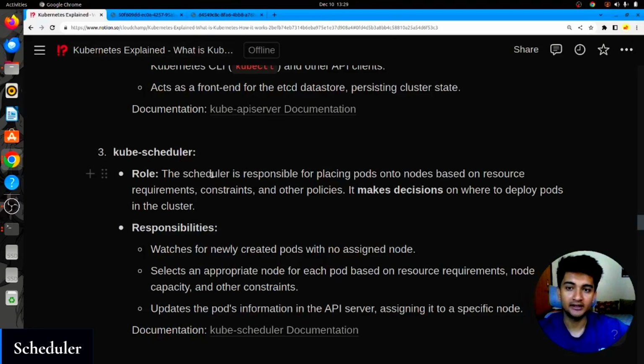So Kube Scheduler is responsible for placing pods onto the nodes based on the resource requirements, constraints, and other policies. It makes decisions on where to deploy the pods in the cluster. It only makes the decision on where to deploy, but doesn't actually do it. It only finds the right node for the pod. So responsibilities include watching for newly created pods which don't have any assigned node, and selecting an appropriate node for each pod based on resource requirements, node capacity, and other constraints. Once the Kube Scheduler has found the right node, it will update the pod information in the API server, assigning